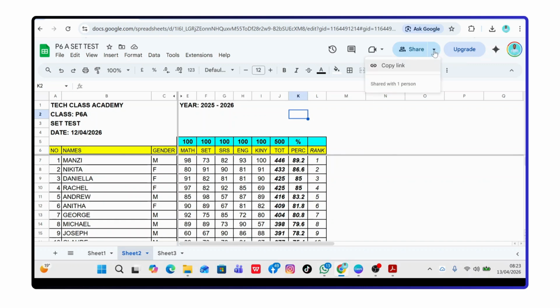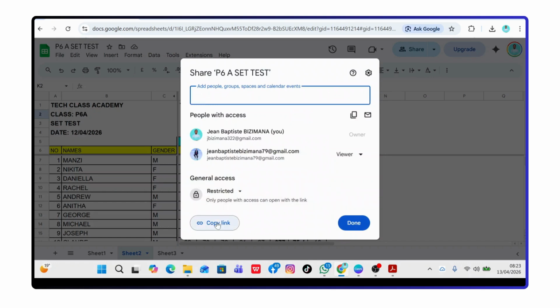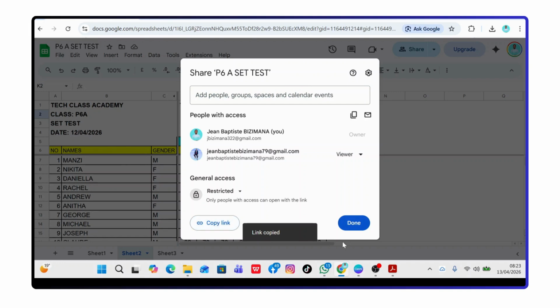So you come here, you copy link, or you come here on share, you copy the link here. But first of all, for a person to open the Google Sheets, that person must have access before. You give him or her access before by using email. Then you give a link to that person. Once I copy the link like this,